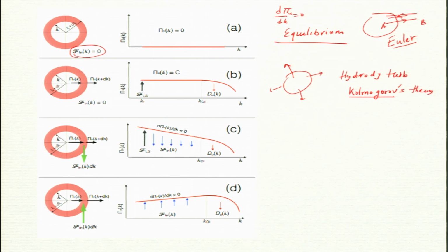Kolmogorov theory says energy flux is constant. By the way, I derived it from the energy equation, I did not assume it. There is no net force in between in Kolmogorov theory. Kolmogorov assumes that we supply energy only at large scale. So, there is an external force, but that is not in the inertial range. In this inertial range, between Kf and Kd, where d means dissipation,